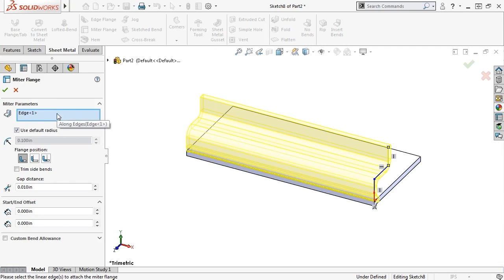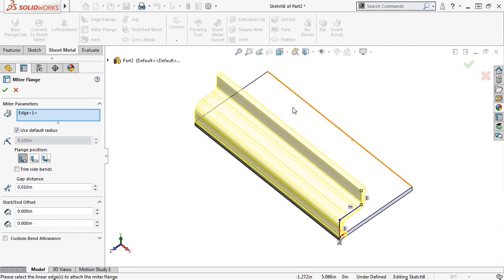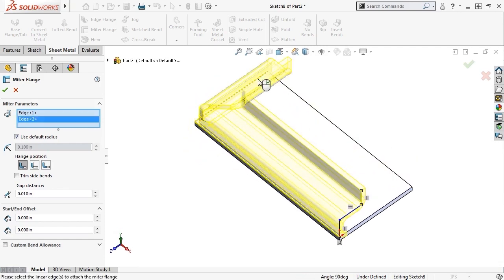First, we have a selection window. This is where you identify which edges will be affected by the miter flange. One edge is already selected based on the location of the profile sketch. If you need to extend the miter flange beyond this corner, you can continue selecting edges. The edges must connect to the first edge. That is, I can't select this edge, but if I select this edge, you can see the miter flange will